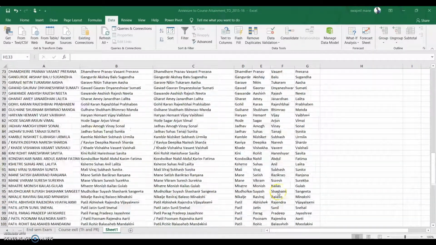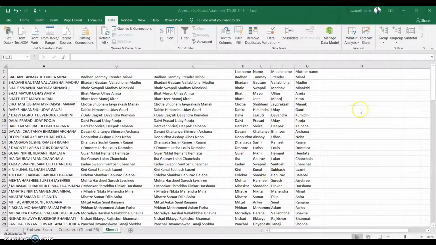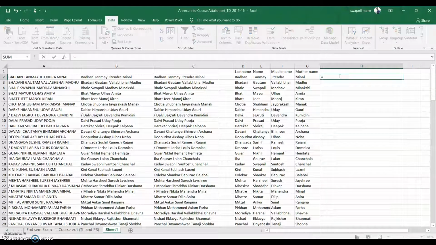Now the last step remaining is to concatenate. For that, we will say equal to CONCAT, open bracket. The first name to come in the concat list will be the last name. So last name, then comma, and we want a space between the two texts.